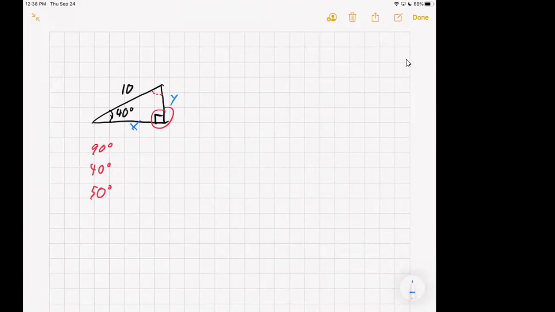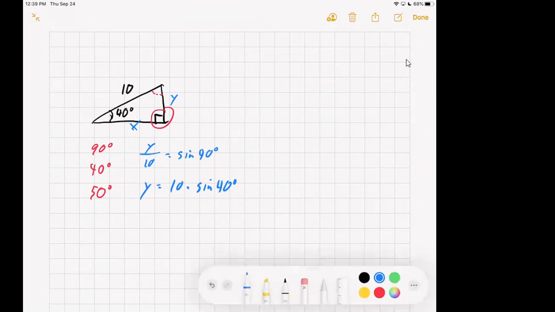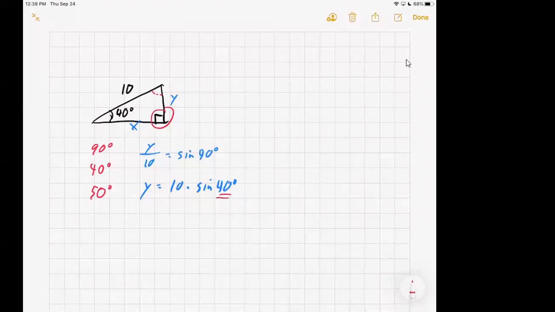All right. So you could quickly set up that Y over 10 is the sine of 40 degrees. Therefore, Y is equal to 10 times the sine of 40 degrees. Enter it into your calculator and get an answer. Now, from our lesson today, when you take the sine of an angle, you always get one ratio out. So an angle will lead to a ratio. What we were seeing in class today is when you're trying to go the other way, you need to be